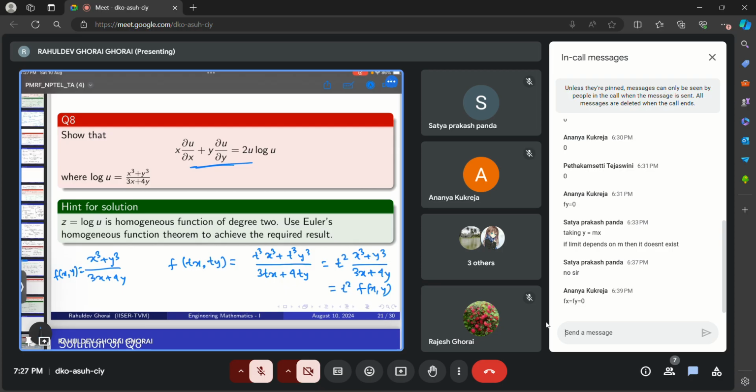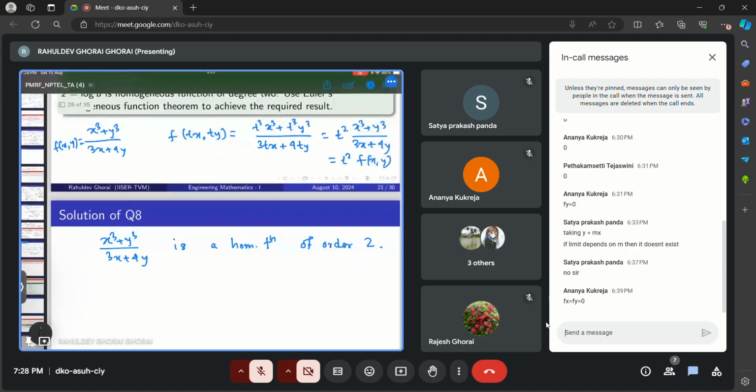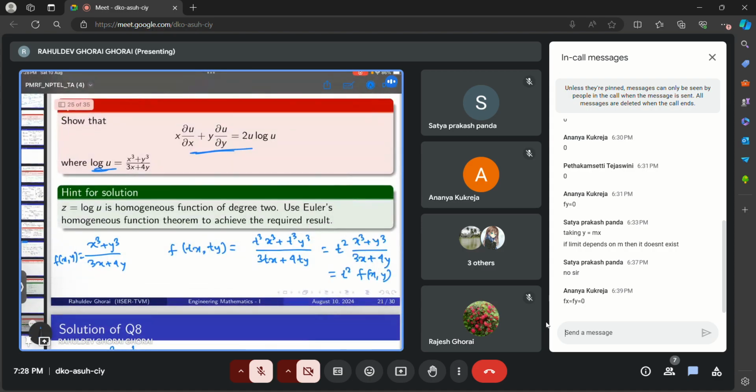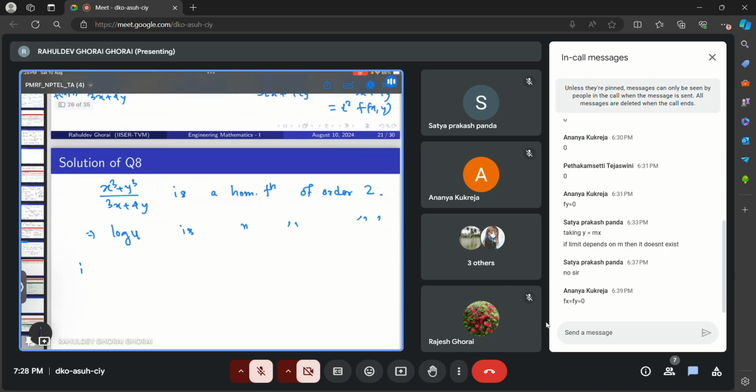So this function is a homogeneous function of order 2. That implies, since log u is given equal to this, that log u is a homogeneous function of order 2. That implies, by Euler's theorem on homogeneous functions,